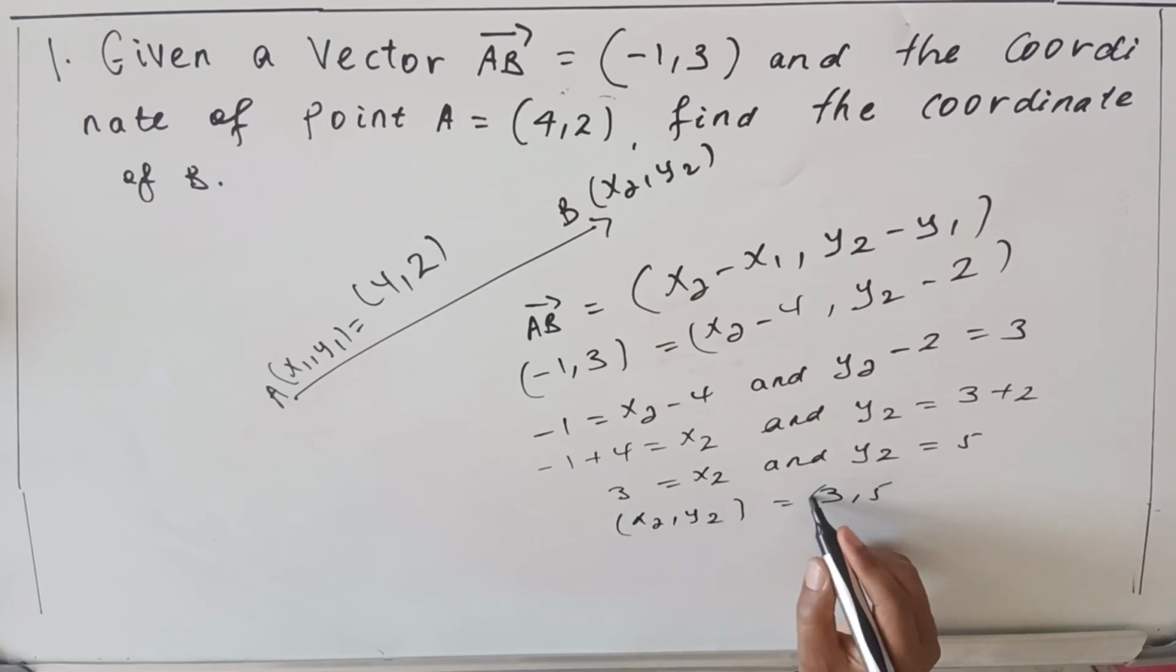So it is 3 and 5. So question number 2: for what value of A are the vector U